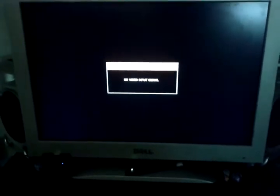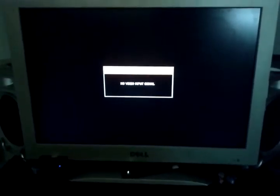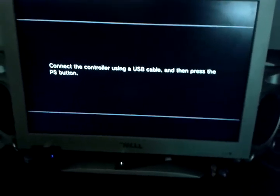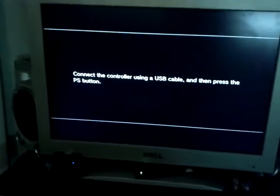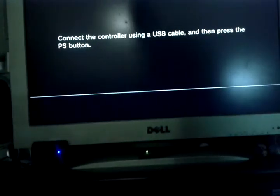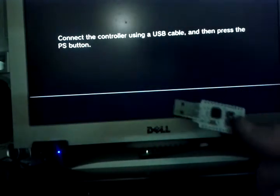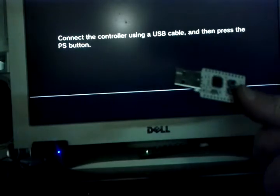What you should actually get is a screen that tells you to plug a controller in with the USB cord. Like that. Now you don't actually want to do that. You want to turn the system off, grab your dongle